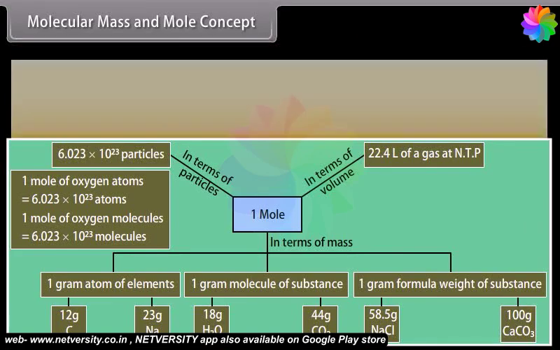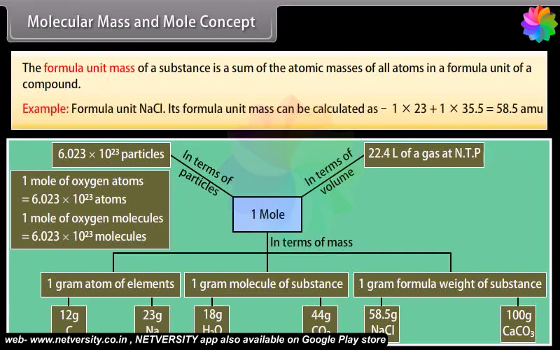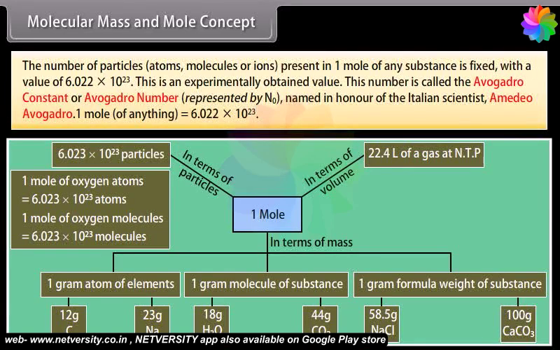The formula unit mass of a substance is the sum of the atomic masses of all atoms in a formula unit of a compound. Example, formula unit NaCl, its formula unit mass can be calculated as 1 times 23 plus 1 times 35.5, which equals 58.5 units. The number of particles, atoms, molecules, or ions present in 1 mole of any substance is fixed with a value of